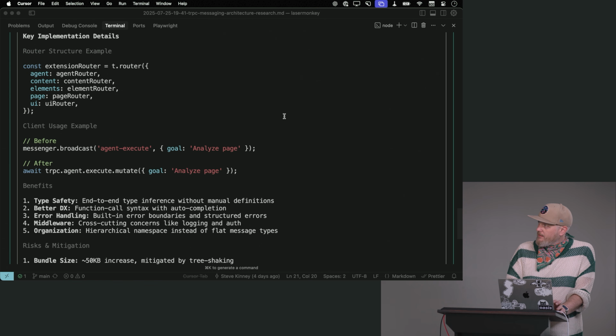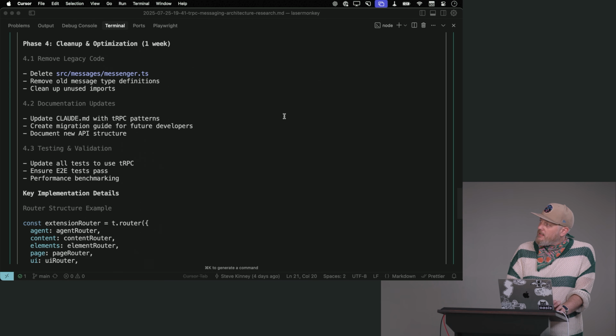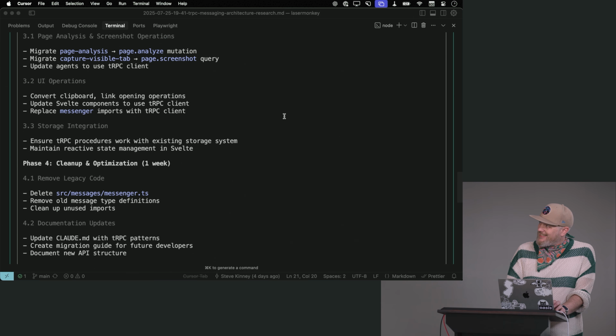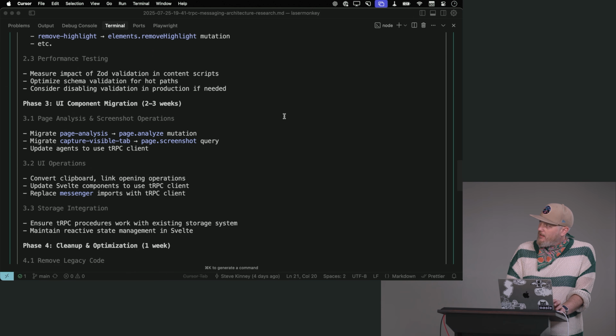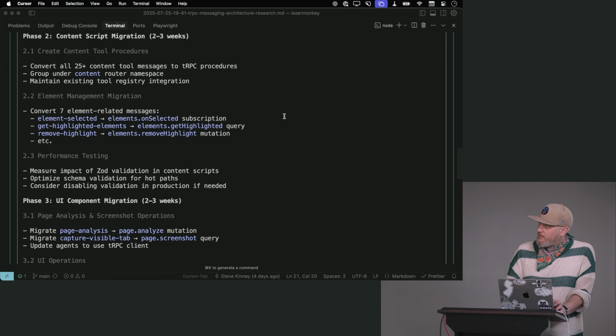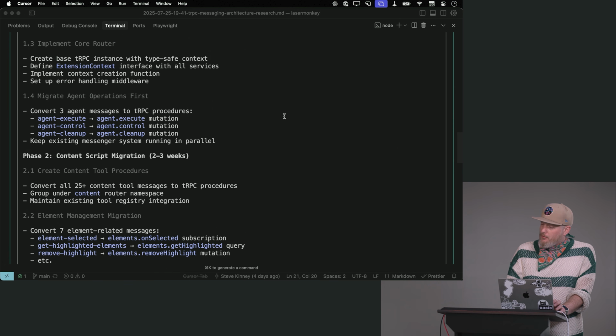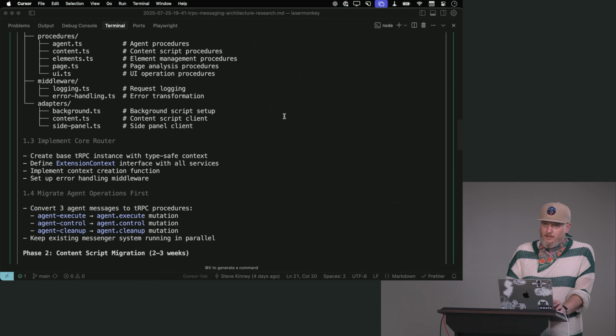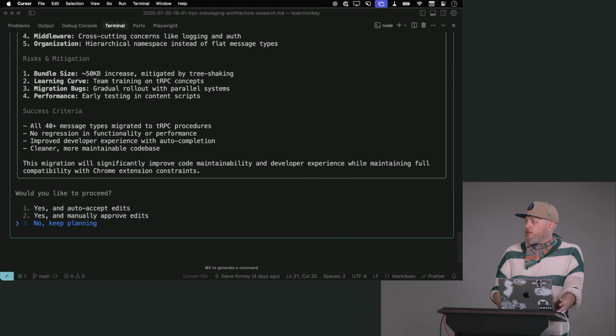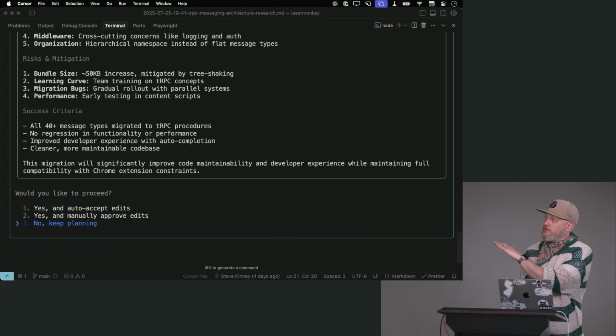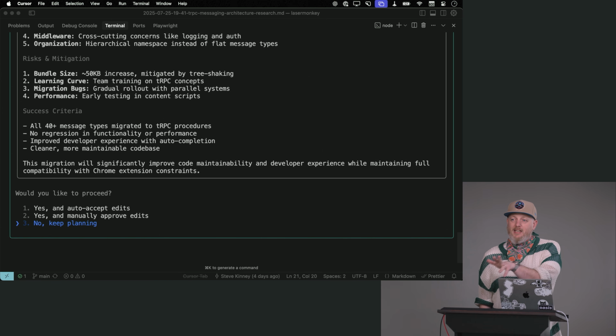So I had it read the entire thing. And before it did anything, I should have definitely started a new branch. I can go do that in another terminal window in a second. But you can go ahead and read through its entire plan on what it plans on doing. And then you have this choice, or really three choices. No, it's not like no, start over. No, I'm going to give you feedback. Or no, did you think about this? Or no, please don't pull in that library, right? But part of the reason this plan was so robust is not because Claude is a magical beast. It's because I gave it a 200-line markdown file that I worked on